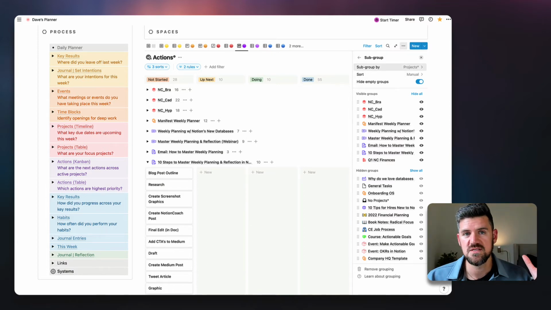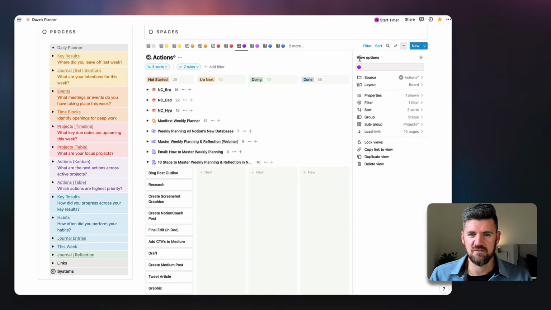In order to do this, you do need to relate these two databases together to be able to have that option. Also, it's a relatively new feature, but in this case, a few other edits, we're hiding any empty groups, so if there's any outdated projects, things like that. And then it's sorted manually, so you can move these around based on maybe priority or personal preference. And then these are all just hidden projects, which again, we want to focus on only the active projects, but we do need to relate those together.